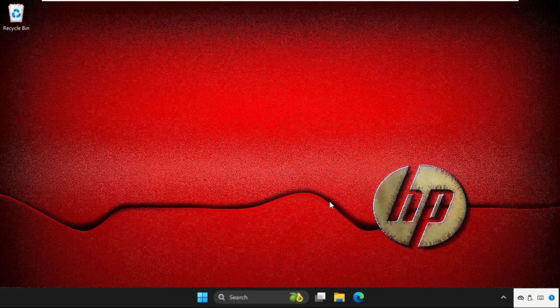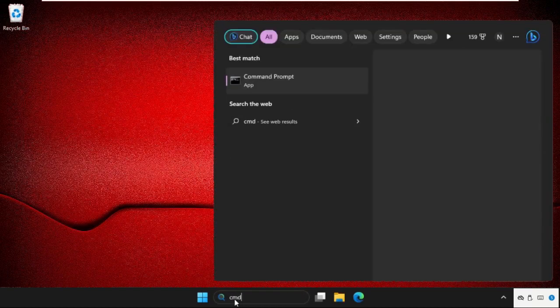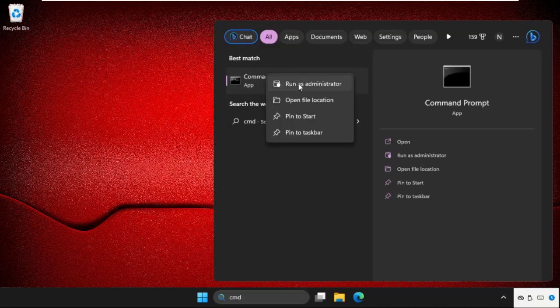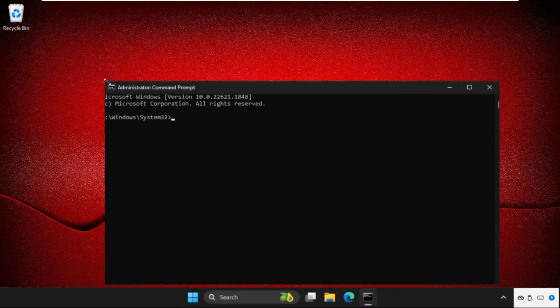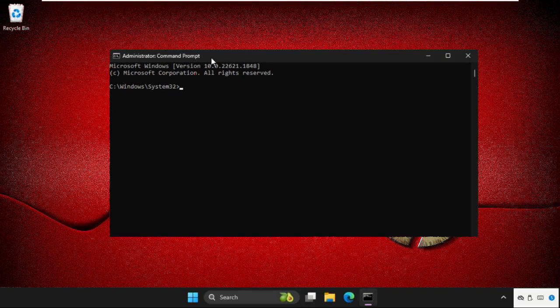So in the first step we need to open command prompt. Just go to search bar, type here cmd, right click on it and select run as administrator, select yes. On this window we need to execute some commands, so type all these commands carefully and simply hit enter to